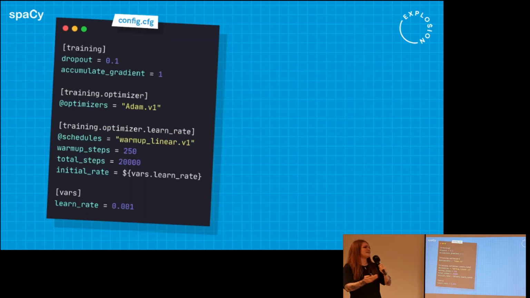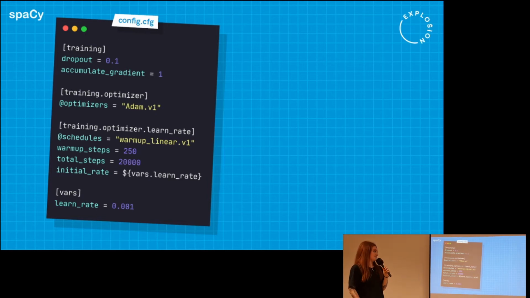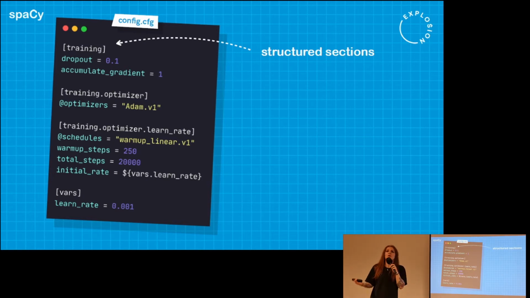So here's what we've come up with, and here's how the final result looks in spaCy. This is a config.cfg file that defines a whole pipeline end-to-end with all settings. As you can see here, it uses Python's config parser under the hood if you've worked with that. We've also borrowed some conventions from TOML and similar languages. So we have these structured sections, and we also have subsections with a dot notation. So training.optimizer is a section under training. So you can avoid a lot of this indentation and nested stuff. So it's quite easy to read.